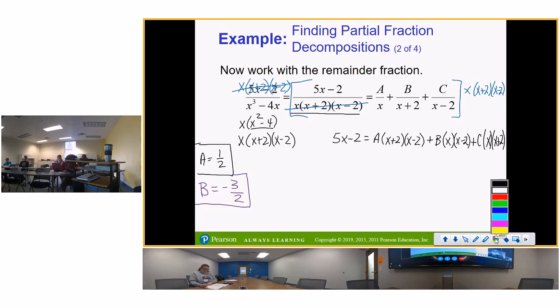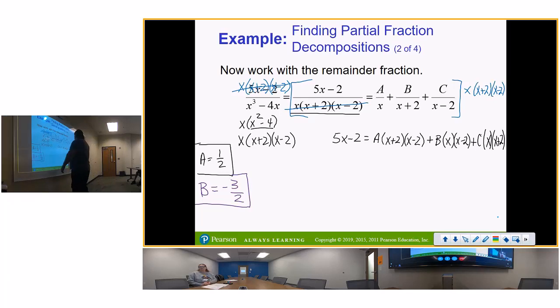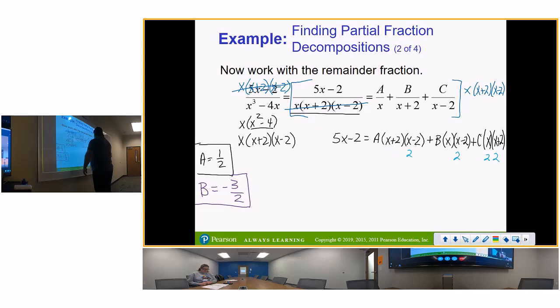So I don't like to use red, so let's use that aqua color. If I plug in a 2 here, and a 2 here, and a 2 here, the terms that are going to go out are the A term and the B term. Because 2 minus 2 is 0, and that 0 will knock everything out. So I'm going to be left with 2